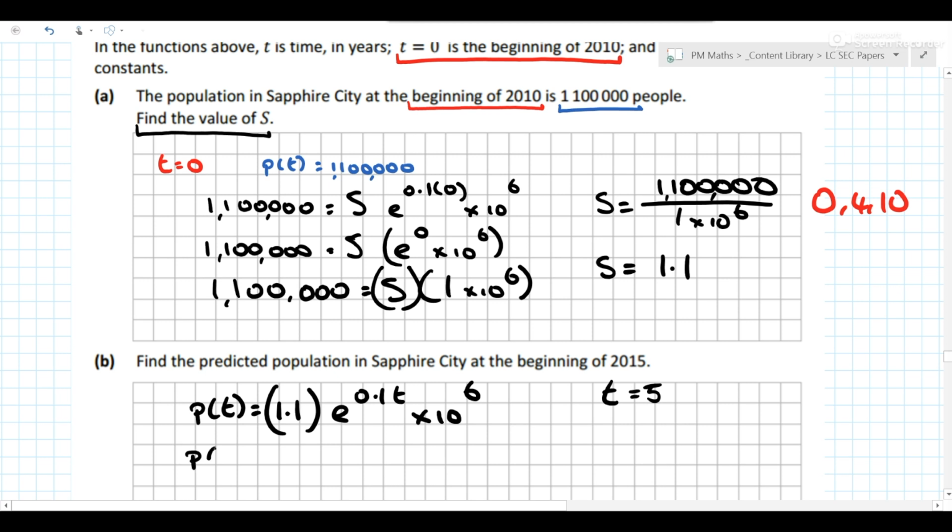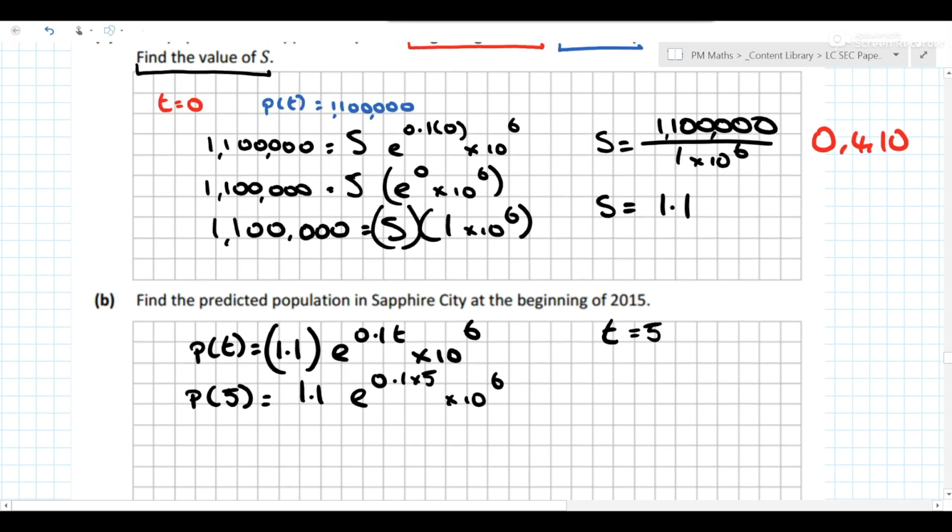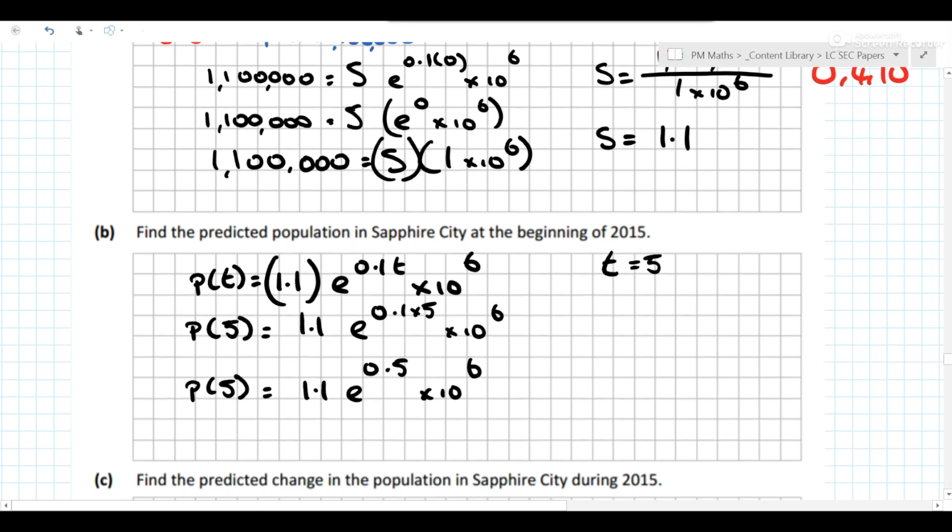So it's just P of 5 equals 1.1 e to the 0.1 times 5, by 10 to the 6, which is 1.1 e to the 0.5 by 10 to the 6. Multiply all that out, P of 5, and you get